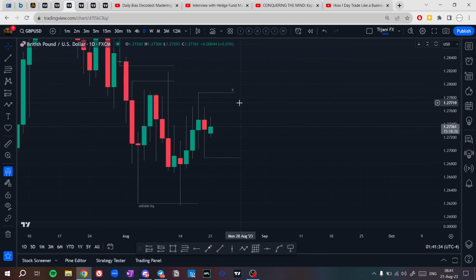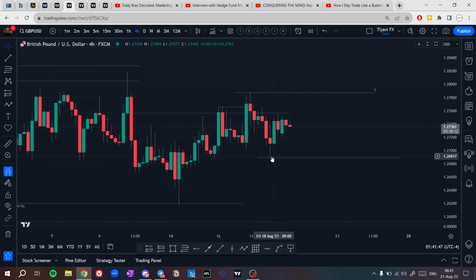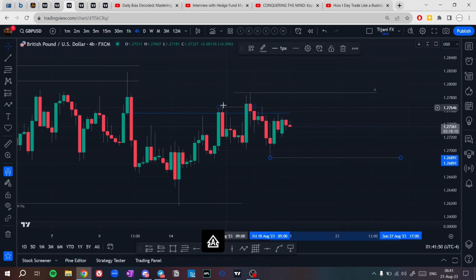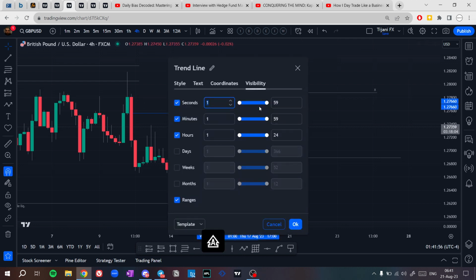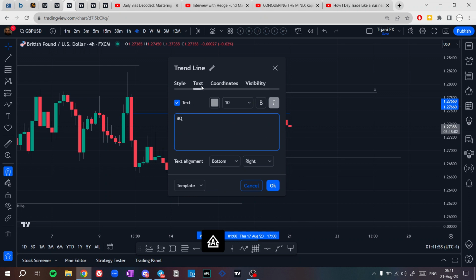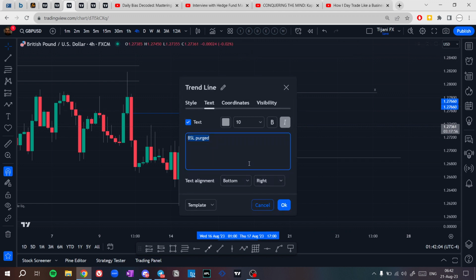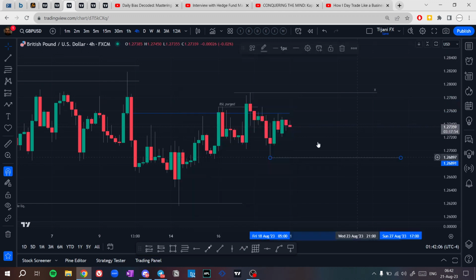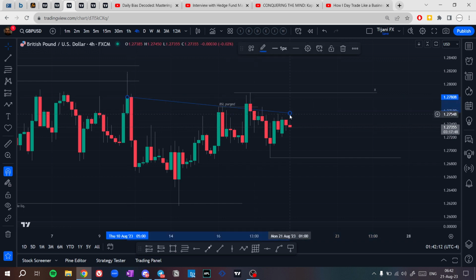So let's assume I wanted to trade this market. If Friday's low is taken, there is a higher chance for price to target this sell side liquidity. That's the confirmation we need. And the 4-hour time frame is showing that. What it shows is that price has taken the buy side liquidity above this high here, and the buy side liquidity has been purged at this 4-hour order block, at this 4-hour rejection block.